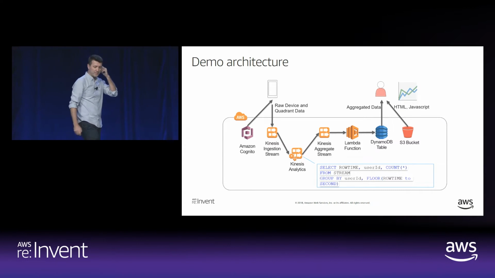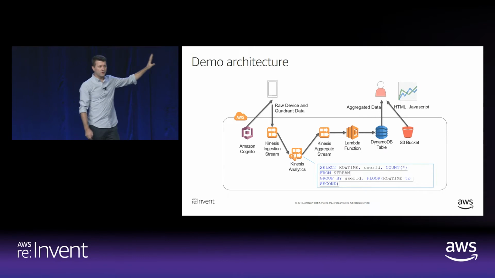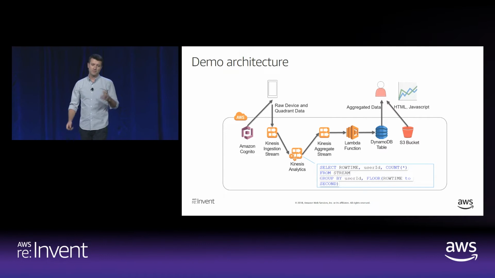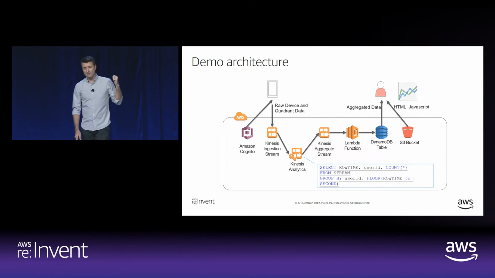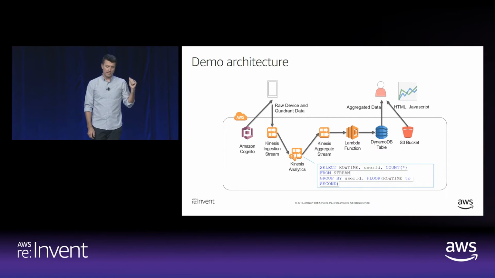OK, this is the architecture of what you guys just did. I don't have a whole lot of time to spend on this. We have to kind of jump through and get to the next section. But the nice point about that whole demo is that it was all serverless. So there's no EC2 instances in the mix, nothing to manage on the back end for servers. It was all just Kinesis and Lambda and DynamoDB, and of course some static content in S3 for the JavaScript and HTML.